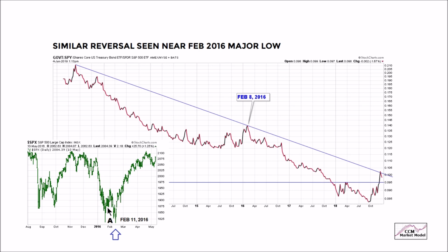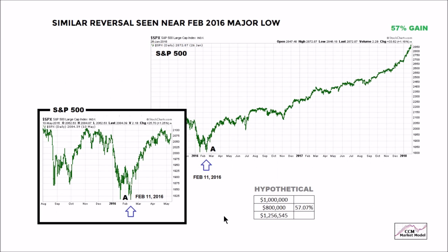For those who stayed focused here and continued to execute properly, what happened next from point A? Really good things happened from point A. The S&P 500 did indeed make a low, and it rallied 57% from this low to the high in 2018, telling us, even in a hypothetical situation where a $1 million portfolio takes a 20% drawdown, if it gains 57% after the drawdown, the account would move on to new highs over 1.25 million,